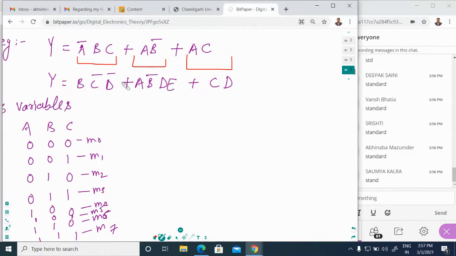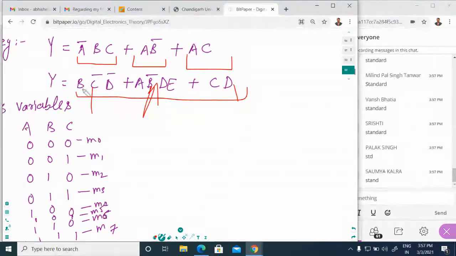Quickly, it is standard because here C is missing, A is missing, B is missing. Here A is also missing. In this particular statement, A, B, C, D, E are all present, but C is missing in this case, then E is missing, then A, B, E are missing in this case. So all these are the standard form of the variable.